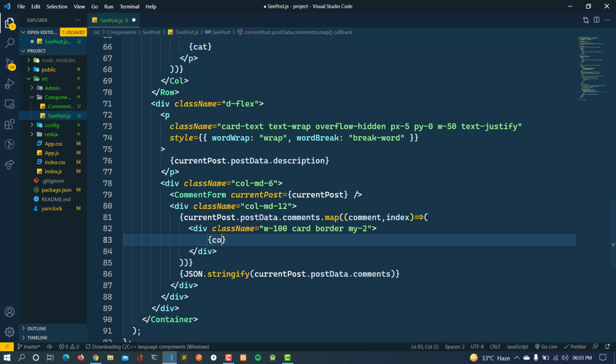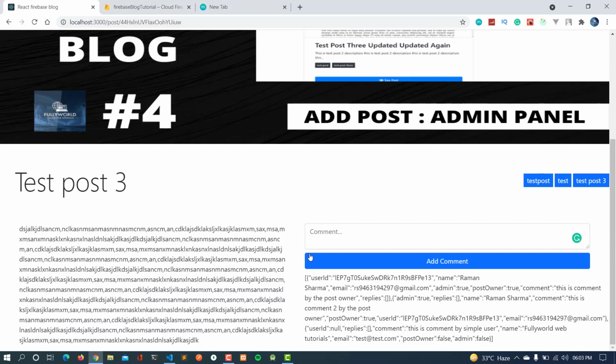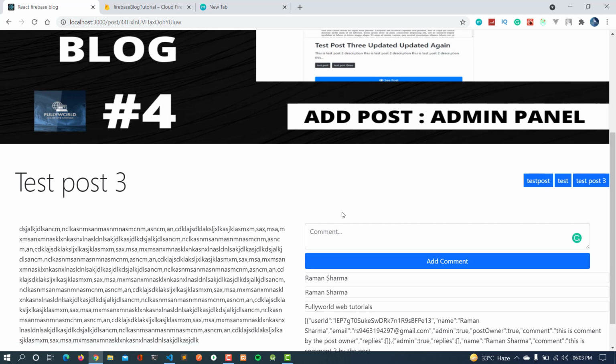Just let's print the name, comment dot name here. Here I will add key also, so key will be index multiplied by 9999. Save this, and now let's see what we are getting.